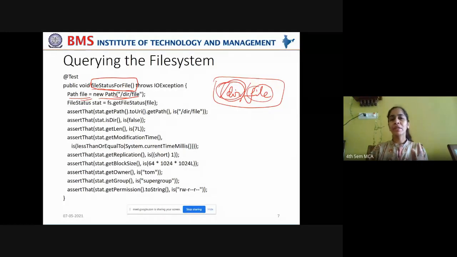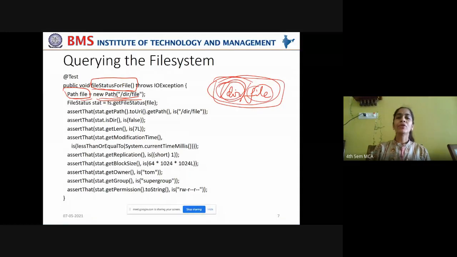Did you observe one thing in Hadoop? What we are doing, you're not directly accessing that directory, or you're not directly accessing a file. You're creating an instance, a representative of that directory or file, and trying to access that. Okay, so you're using the path object file and you're creating a new instance to that path object by setting up a connection with this file on the Hadoop file system.